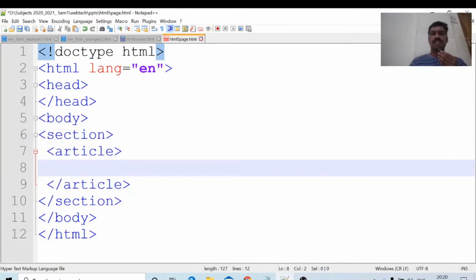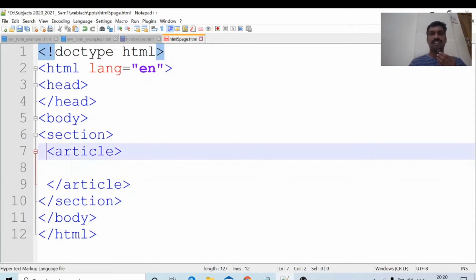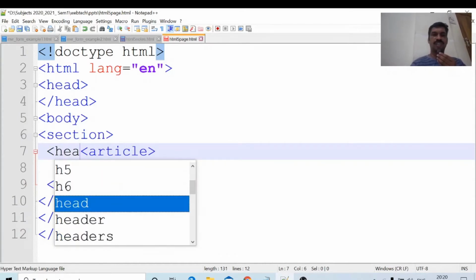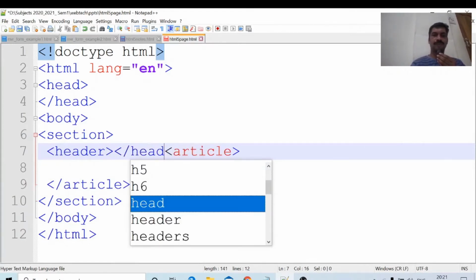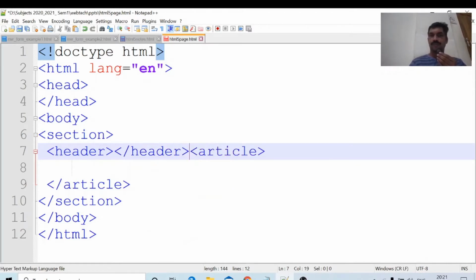In this article I will write some header. A section also has some header and footer. This is a section level header. Header is a paired tag, slash header. In this header I will write CSC students.